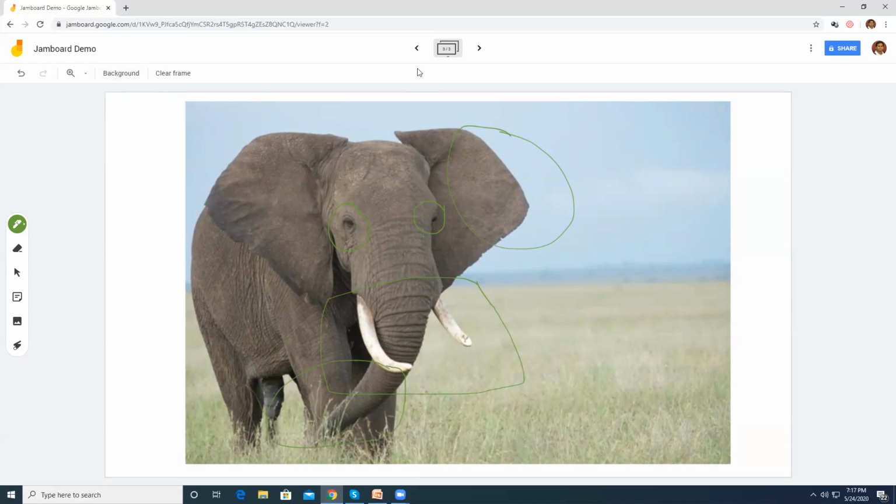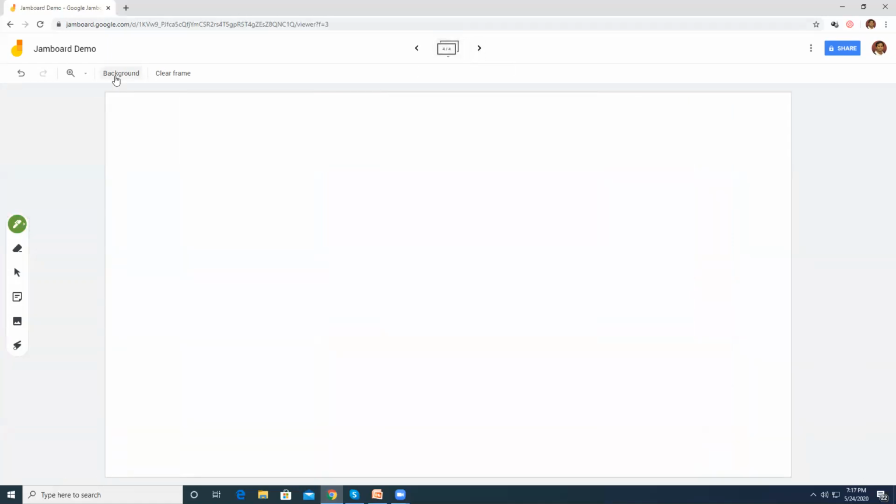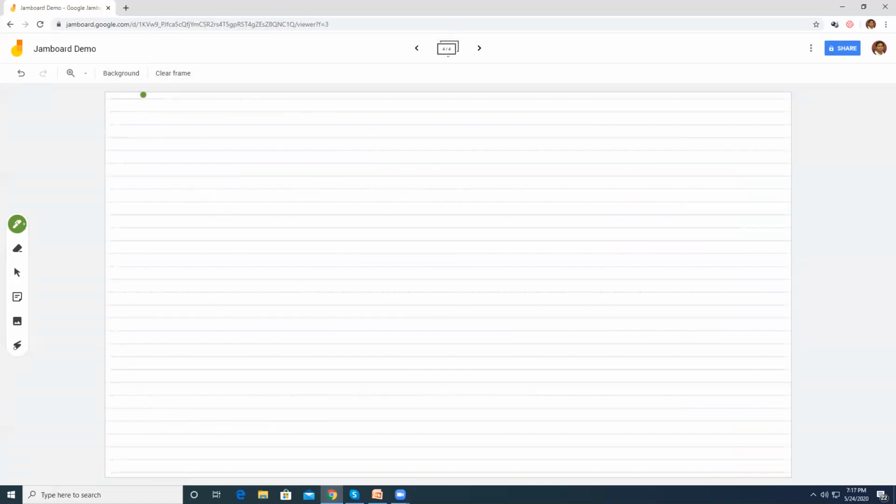And now let me go to the next frame, and you can see here the background. That was a plain background. Now you can change it to a dots background, or you can change it to rules, and there are a couple of them. You can change it to entire black color, and then you can start writing. So depending on how you want to use it, you can have the black room, and you can clear the frame. For example, this frame I want to clear, you can clear it. Whatever is on that frame, the entire thing will go off the screen.